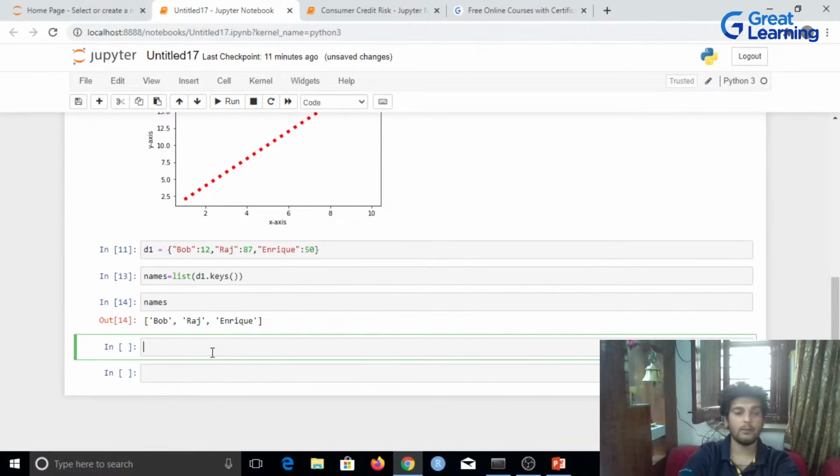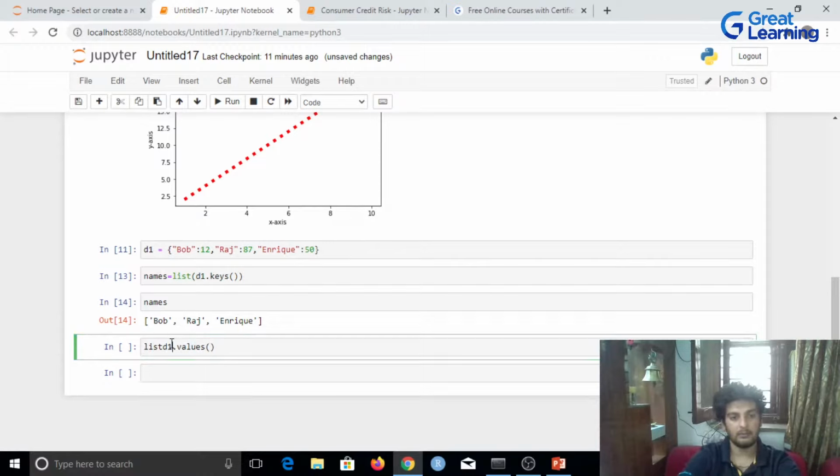Now after this, I'd want to extract the marks of the students as well. So here I'll write down d1.values, and after this I will extract the same. Let me cut this entire thing. So it should be d1.values, and I need a list.